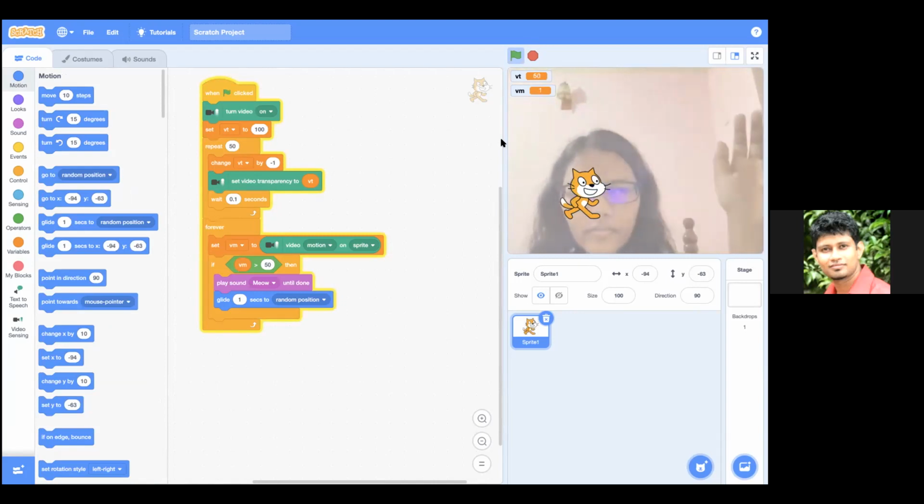Yeah, it's working. But the video motion should be exceeding 50, right? And it's exceeding 50. Okay, there are interesting things like you can use maybe another